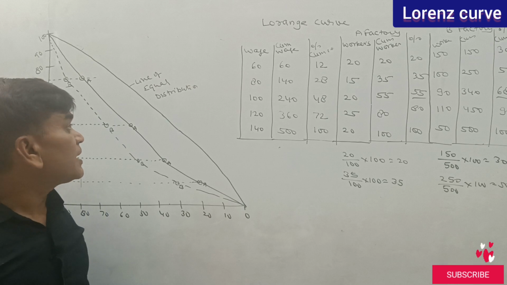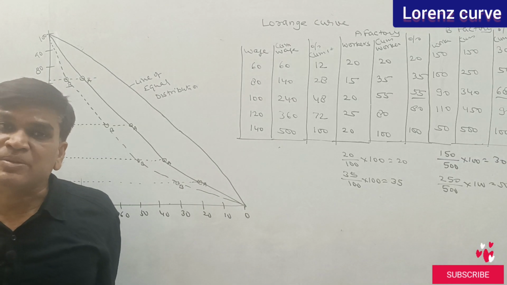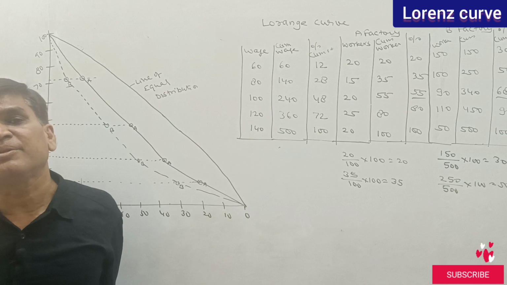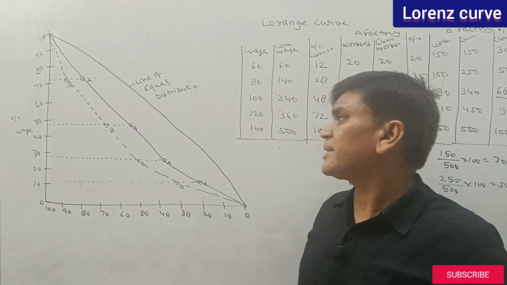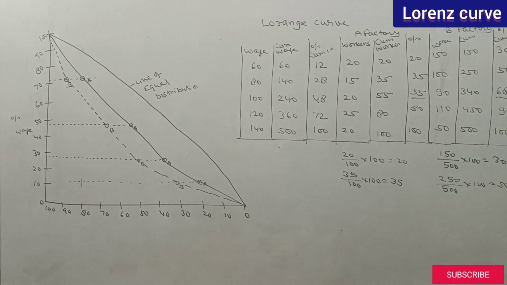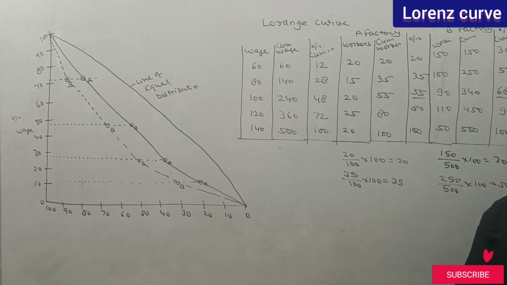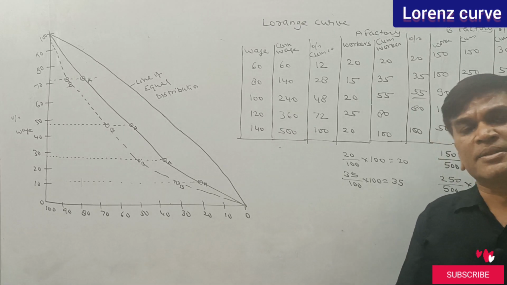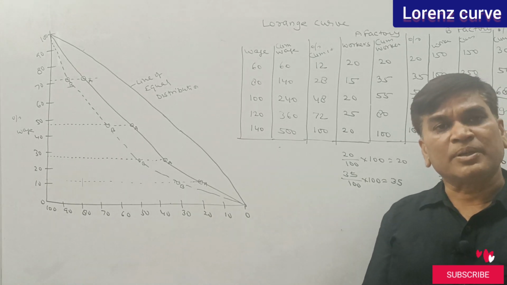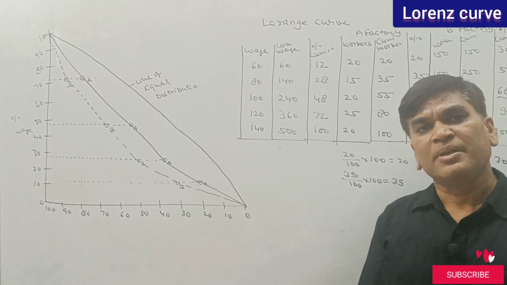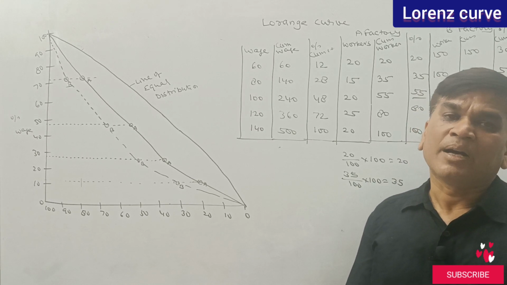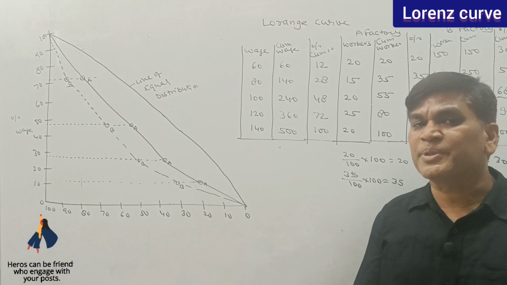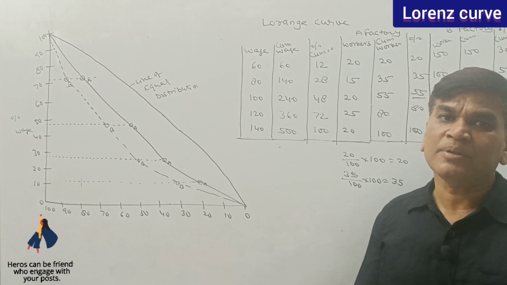It means with the help of this graph, we can also calculate the value of dispersion. So this is a graphical method to calculate value of dispersion, and this graph is called Lorentz curve because this method was introduced by Simon Lorentz. So on the name of him, this curve is called Lorentz curve. So in this video we have learned how we can calculate value of dispersion with the help of the graph also.